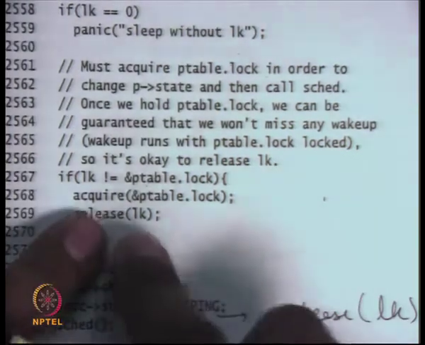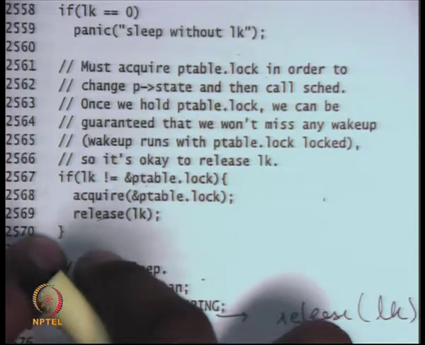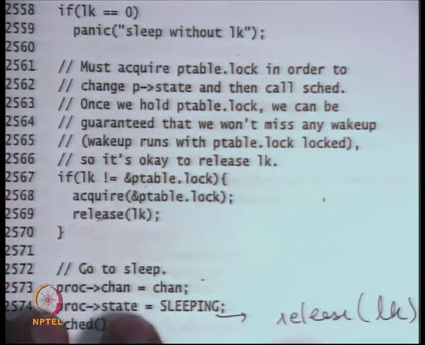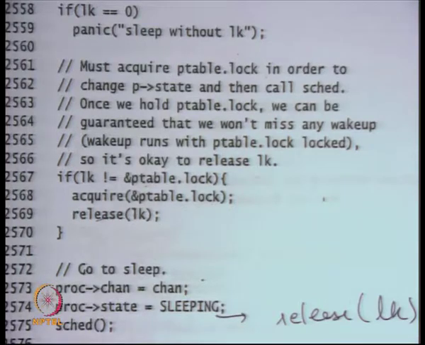Yes. So let's say I have released the lock here, and I'm somewhere here. Let's say another thread calls wake up at this point. What will happen? Another thread calls wake up. So wake up will try to acquire the p table lock and will not get it, right? It will wait for this whole thing to complete, the scheduler to get called. The scheduler call is going to cause the p table lock to get released. Whoever gets to run next is going to release the p table lock.